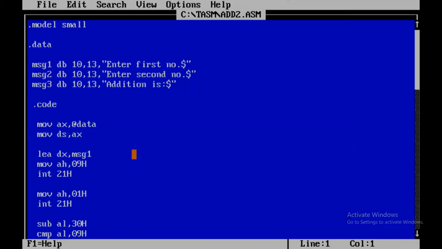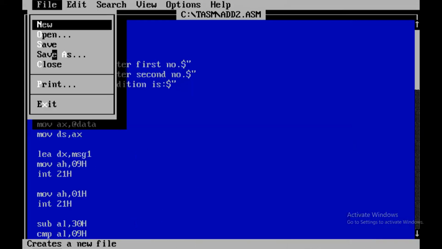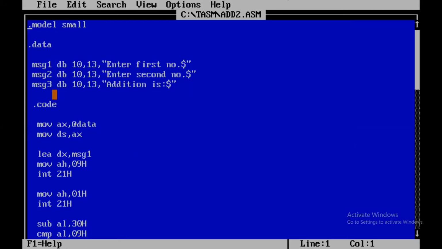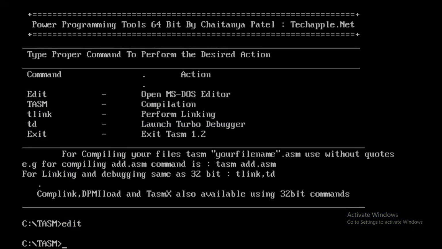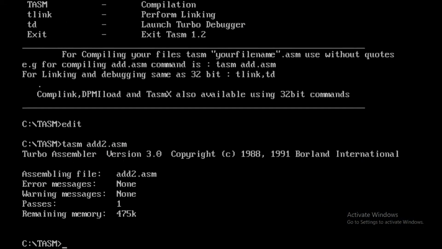ASM file. Again, exit. Yes, I will provide some conditions, that is TASM needs to compile first. My file name is .asm. Yes, add to .asm. It is saying that pass 1 is done correctly.